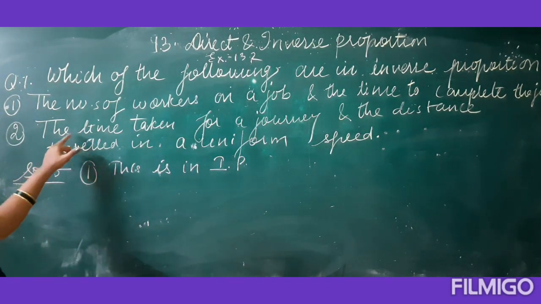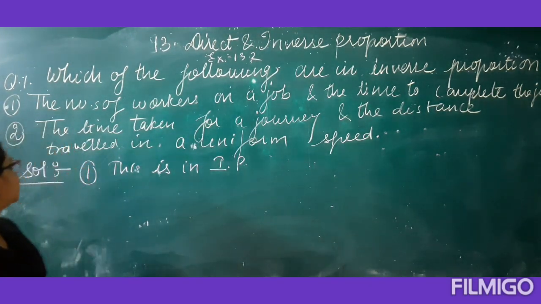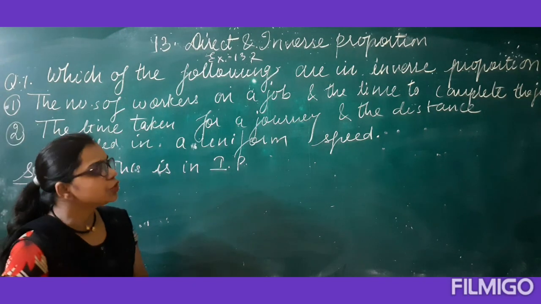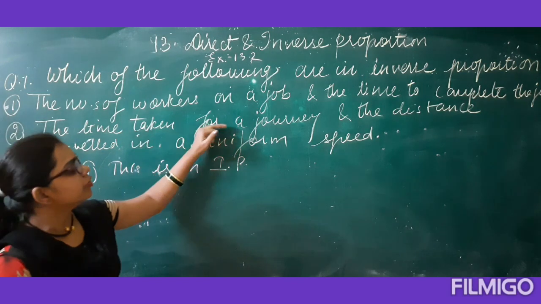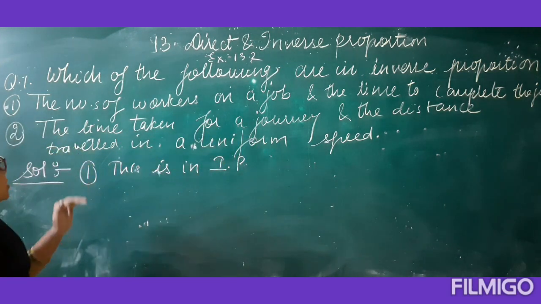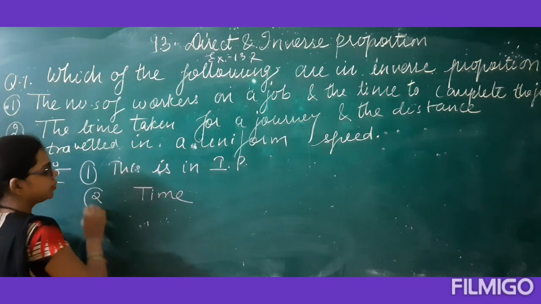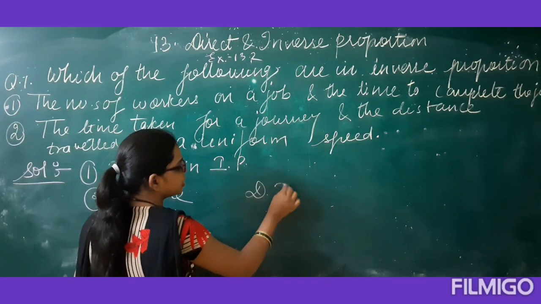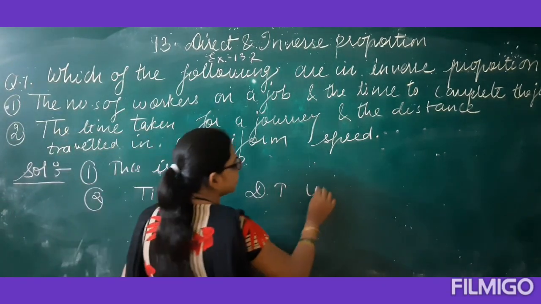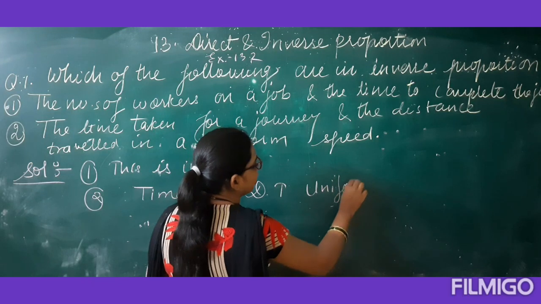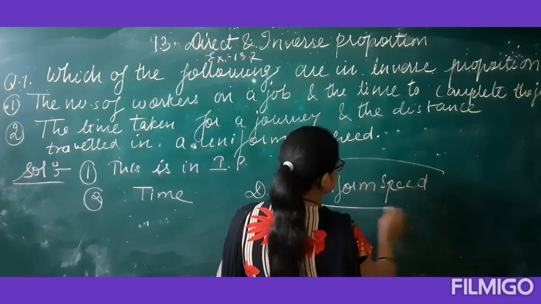Here it is saying the time taken for a journey and the distance travelled at a uniform speed. Here they are talking about the time for a journey and the distance travelled, but the condition is that it is at uniform speed. In physics, you might have studied about uniform speed. Uniform speed means